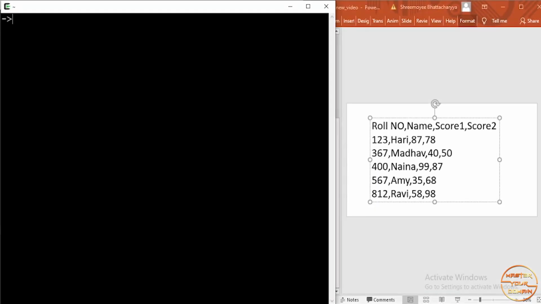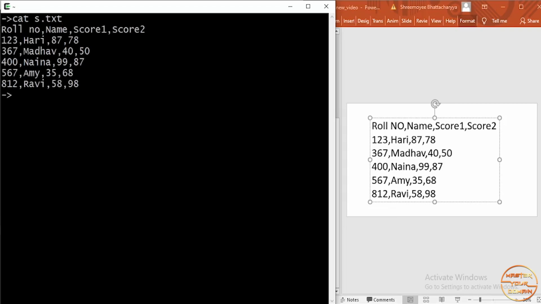So this is the input file. I have this input file stored in a file called s.txt. Let me show you. The cat command is used to display the content of a particular file, so my s.txt stores the input. Whenever you find this type of question, like adding two values, checking whether it's greater than something, and then displaying something, it's always better to use AWK.